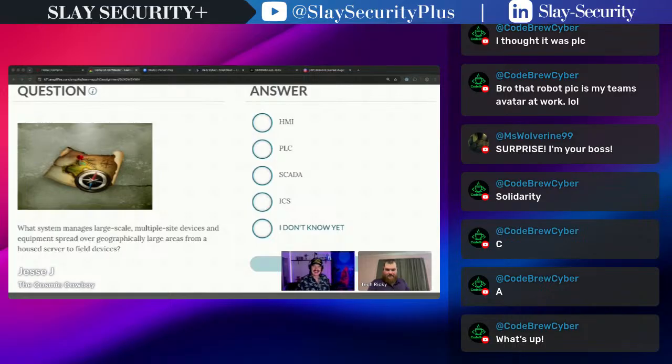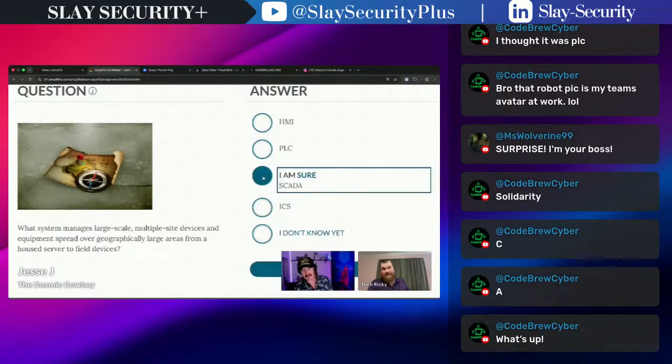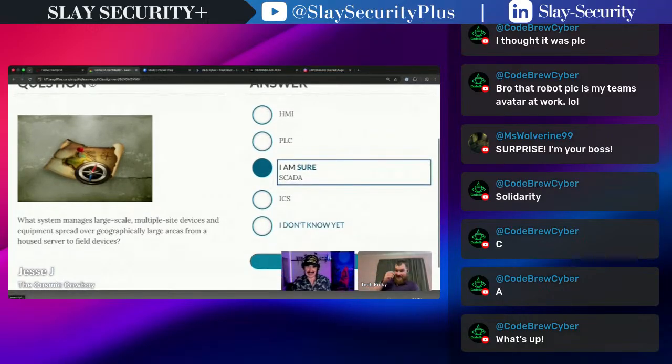If you were leaning towards SCADA, that's the one I would recommend picking. I Googled it, and I didn't fully read the response, but all I saw was remotely and locally, and I went, oh, that has to be it. Okay, so I'm going to send it. We'll see. Let's see what Gemini thinks it is.